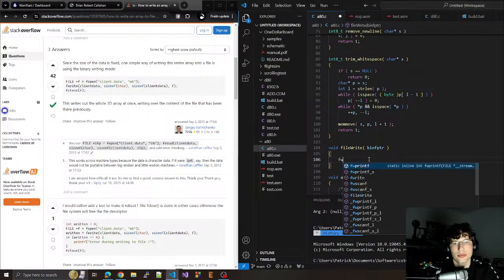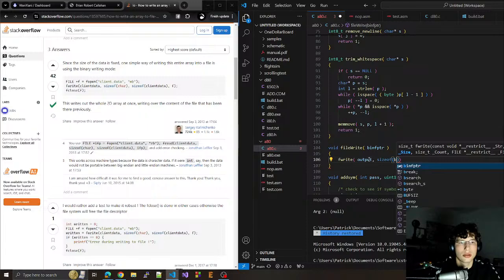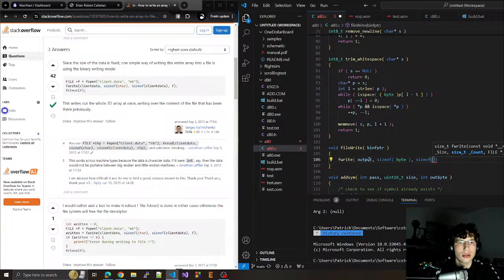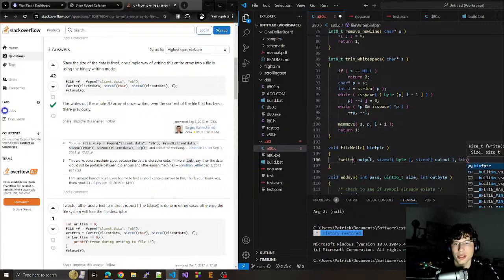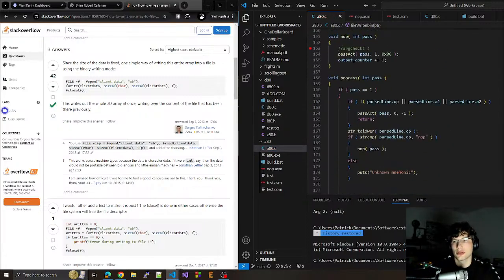So let's do fwrite, output, size of byte, size of output, bin f pointer. And then if you go to fclose,